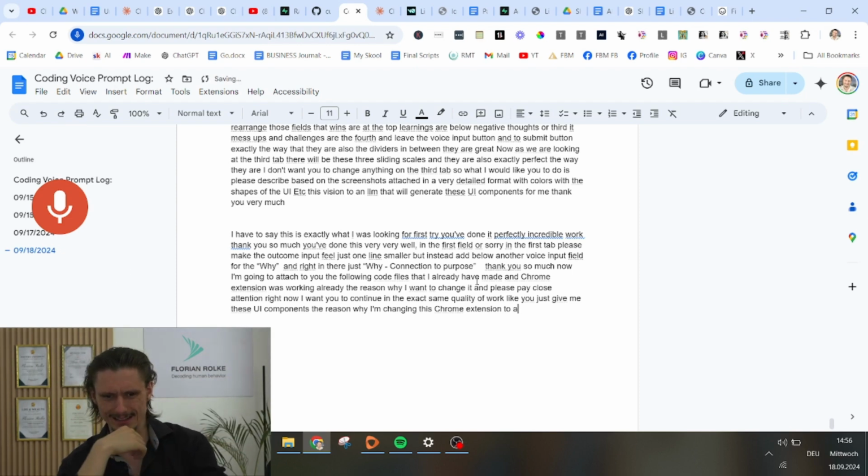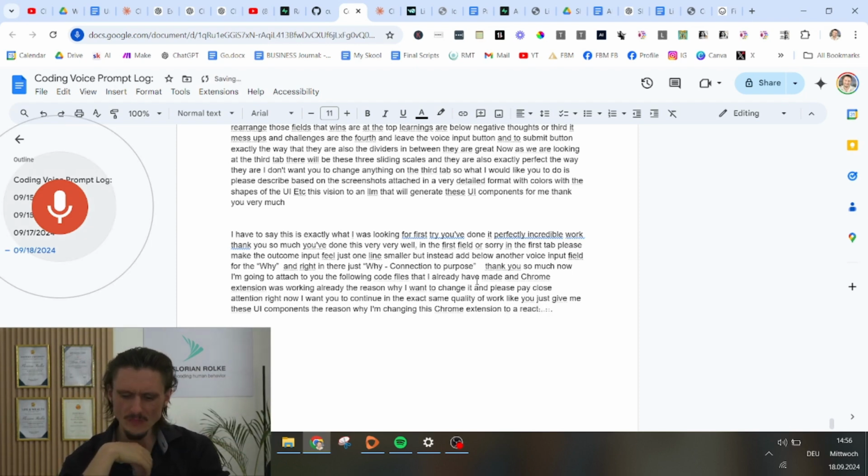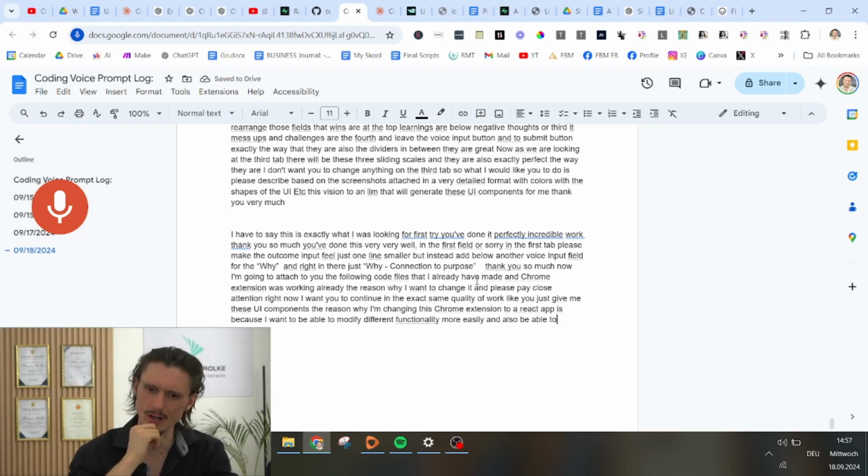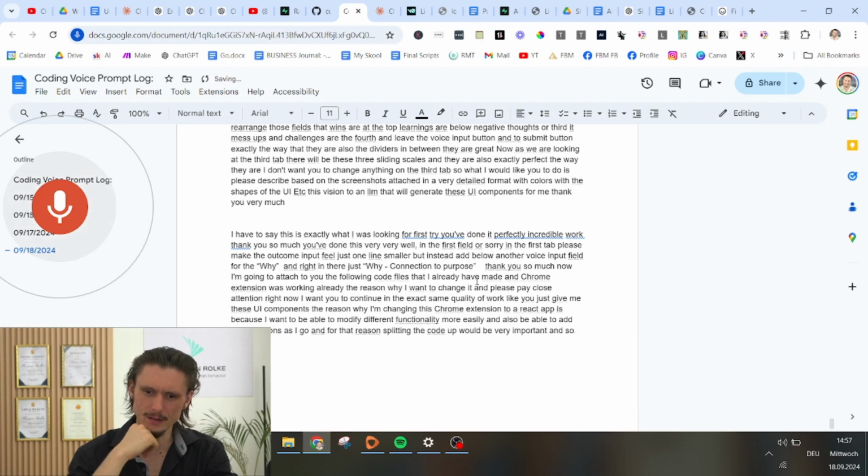The reason why I'm changing this Chrome extension to a React app is because I want to be able to modify different functionality more easily and also be able to add new functions as I go, and for that reason splitting the code up would be very important. And so the main function within the JavaScript code would be that